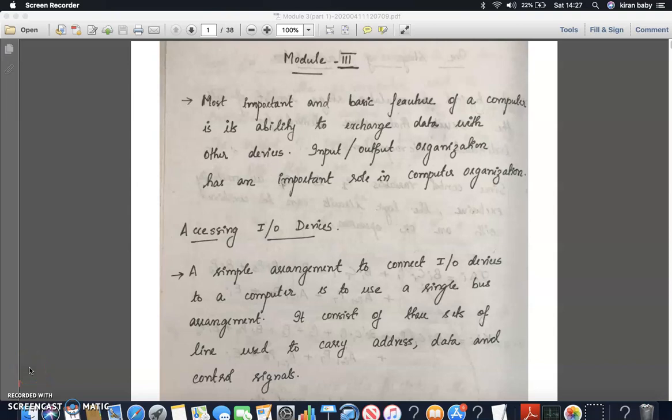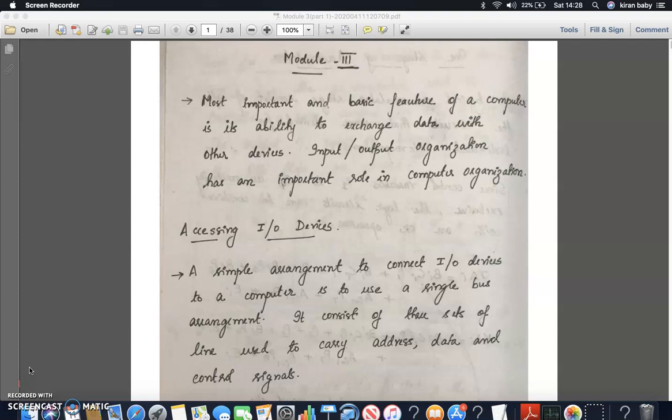Hi all. In Module 3, we are going to focus mainly on the different methods by which the processor and the input-output devices communicate. We have already learned in Module 1 how a processor and different input-output devices are connected through a bus structure and how they perform different read and write operations. In Module 3 we are going to deal in detail with how these input output operations are performed between the devices and the processor, and which is the most optimal method to perform this read or write